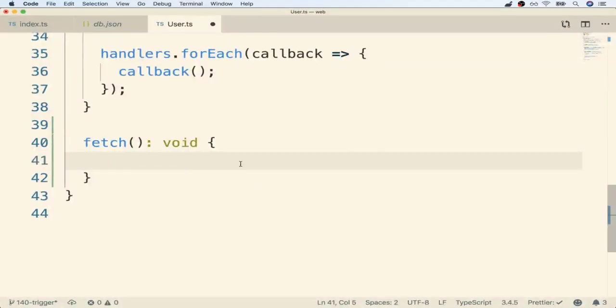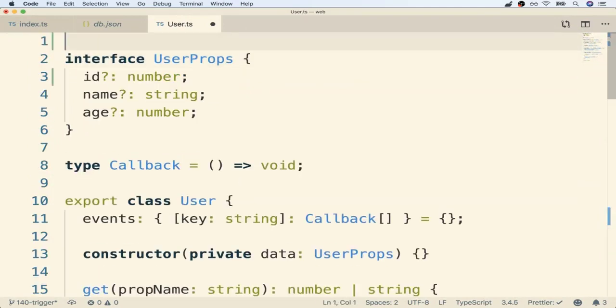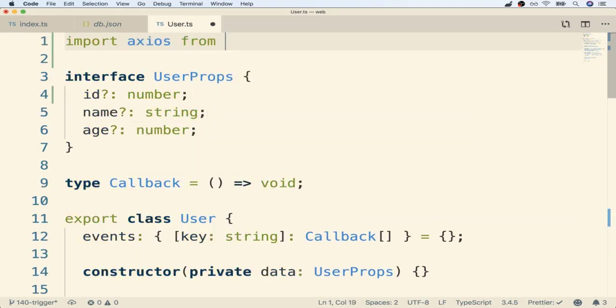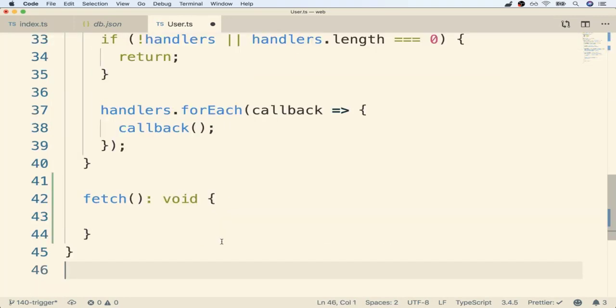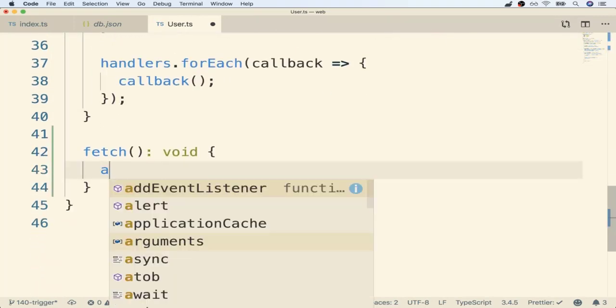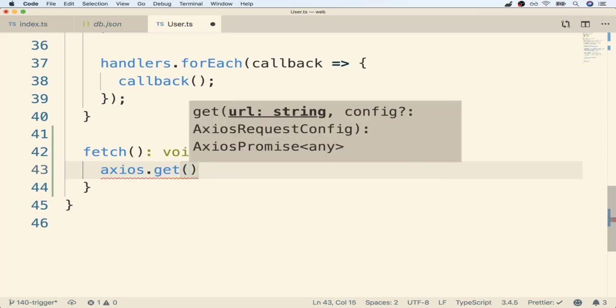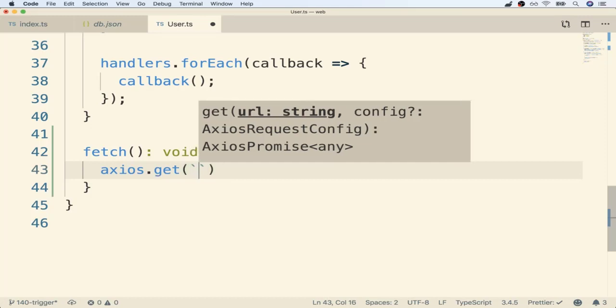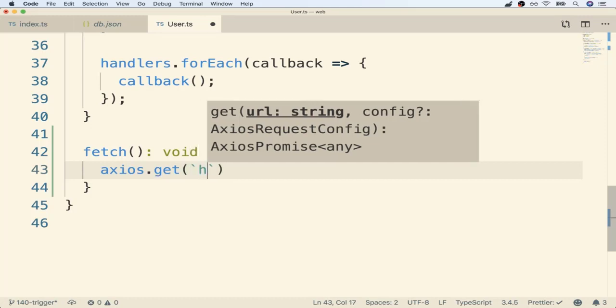Okay, so to do so, I'm going to first go back to the top of the file and import axios from axios. I'll then go back down to the bottom inside of fetch. And I'm going to say axios.get, and we need to make a request to localhost/users/1. So I'm going to use a string template here because we do have to inject our ID for the current user. So I'm going to place a set of backticks, and I'll say